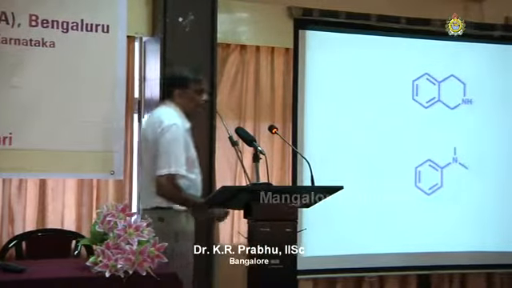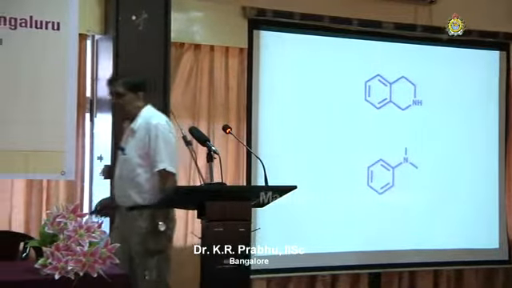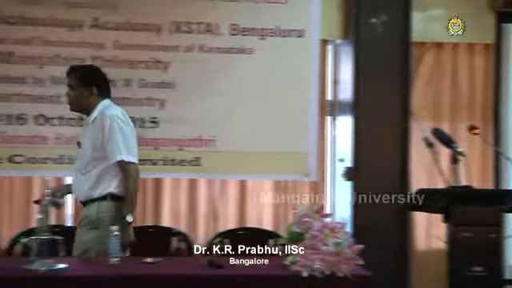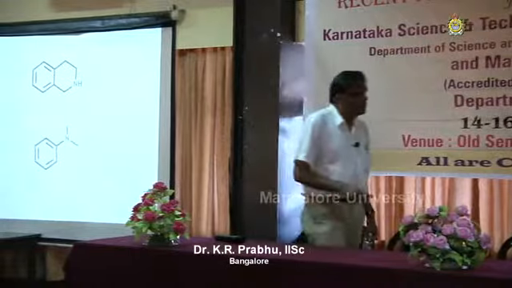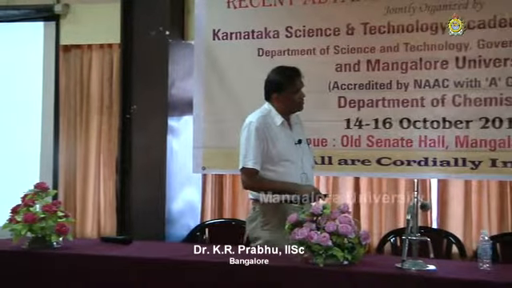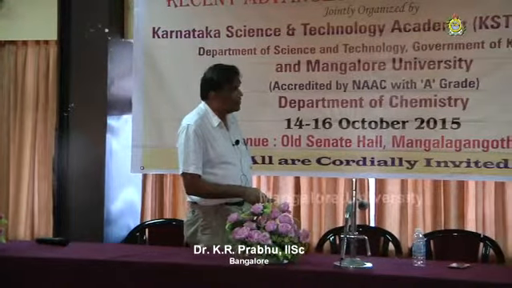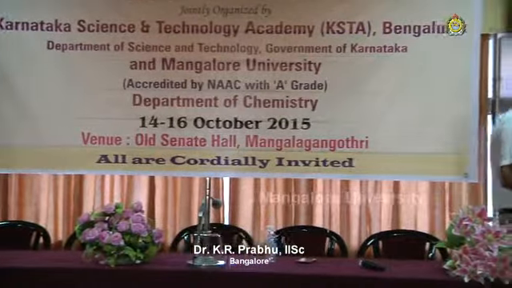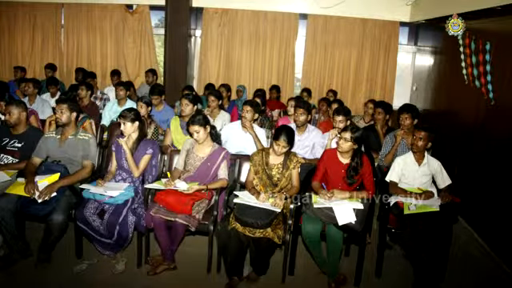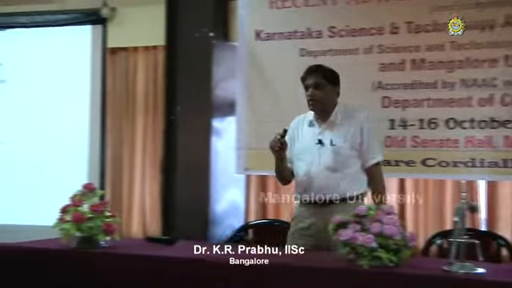For our research, when we wanted to develop C-C bond formation using C-H functionalization, we chose two systems deliberately: one is isopyrrolene and another one is N,N-dimethyl anhydride. I would like to draw your attention to the fact that we are going to discriminate this hydrogen which is attached alpha to the amine, and these two sets of CH3s which are a little more reactive than the rest of the hydrogens. Therefore, in this kind of C-H functionalization, we are taking the advantage of having a heterofunctional group somewhere in the molecule without disturbing it. You are going to make a C-C bond. Okay? So now things are becoming a little better.